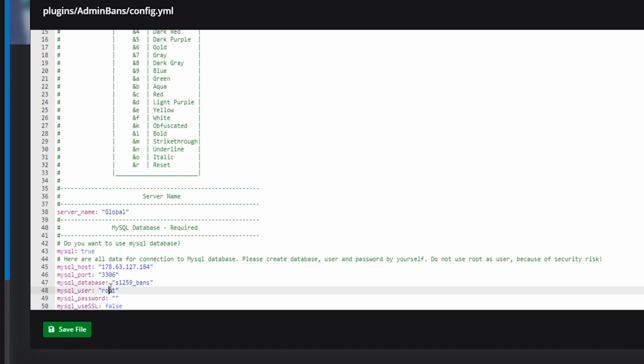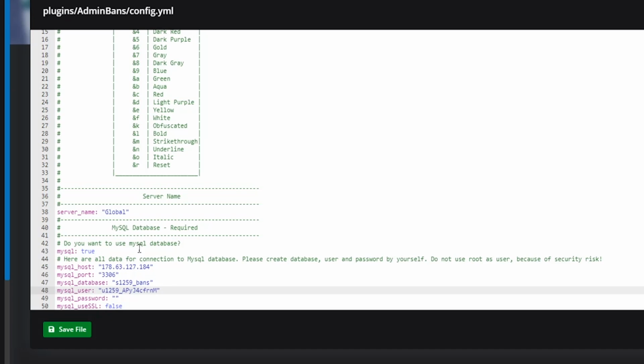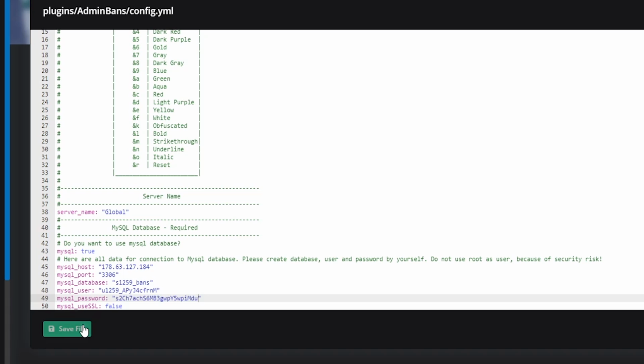Pretty much just a whole bunch of copy and pasting at this point. And then our password, we can click to reveal the password. So go ahead and copy the password and then paste that bad boy in here just like so. And then if the MySQL uses SSL, leave it for false just for this video purpose. So once you go ahead and do that, you can go ahead and click save. So once you've saved it, you need to go ahead and restart your server in order for the plugin to